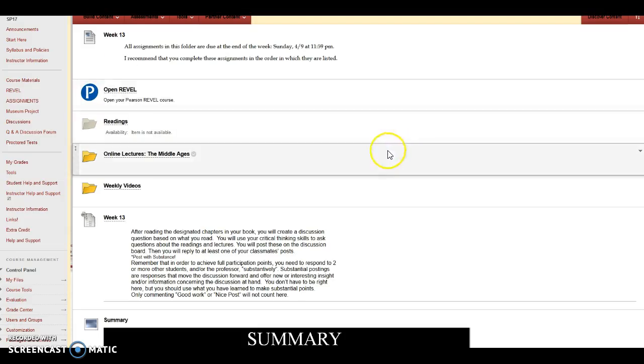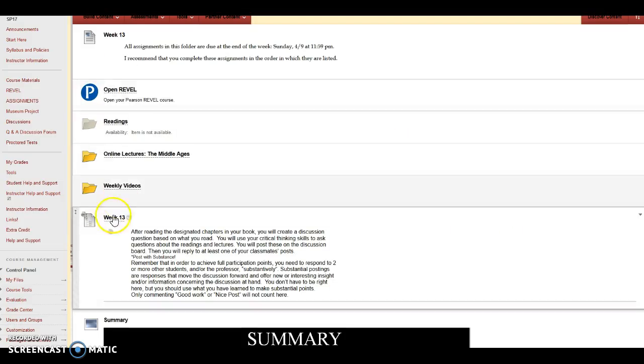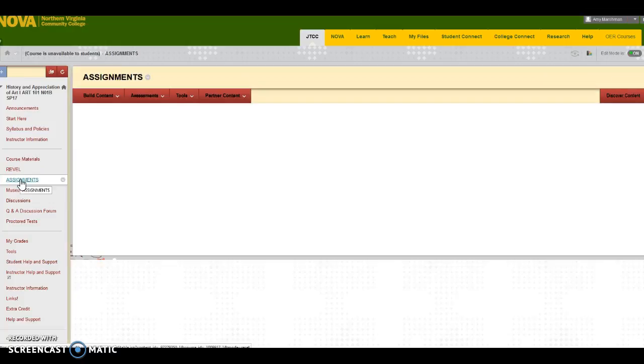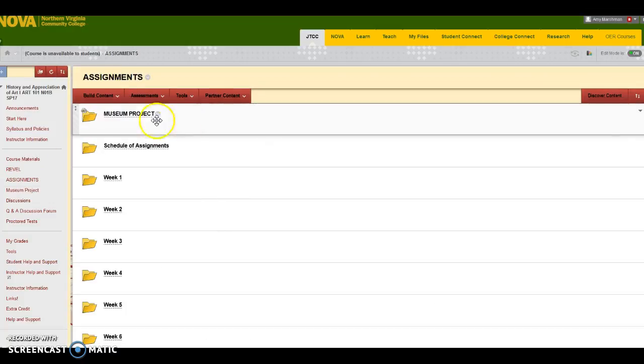Another assignment that we have is called the discussion board, and what you will do is follow the instructions, and you can read about that a little bit more in the syllabus. For week 13 we have a discussion board, and you will go here and you will post whatever is required for the discussion board. Another assignment that we have is the museum project, and this is where you find all the